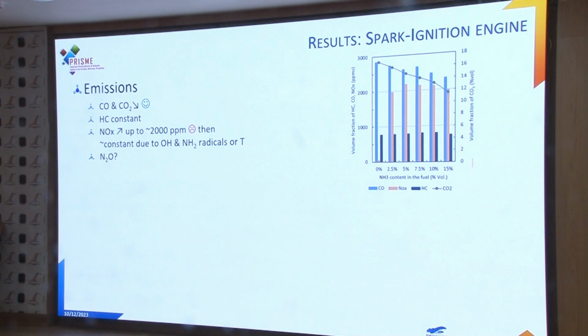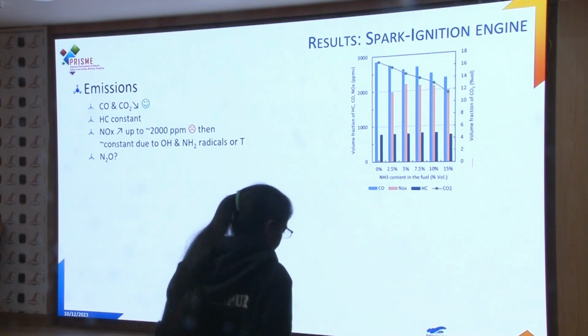For the emission, what happens when we have more and more ammonia in the mixture? Basically, the carbon-based emissions will decrease, so CO and CO2 decrease as we are decreasing the carbon content of the fuel. Unburned hydrocarbons are not that much affected, so the dark blue bar, as you can see on the graph. The NOx in orange will increase as soon as we put a bit of ammonia in the blend, up to 2000 ppm. And then it is quite constant no matter what the ammonia content in the fuel is,